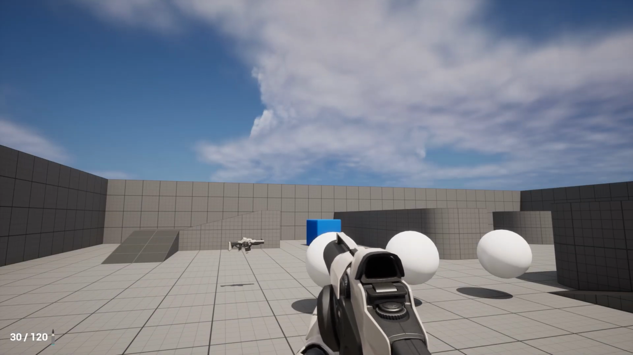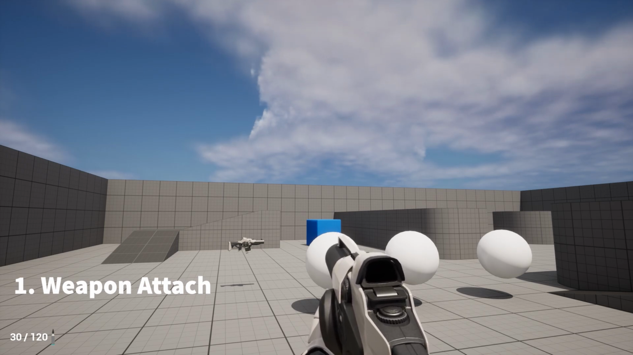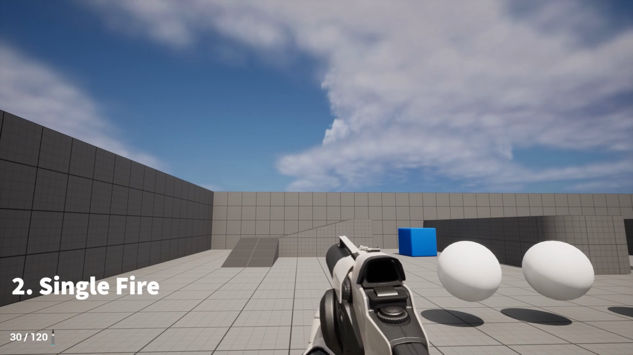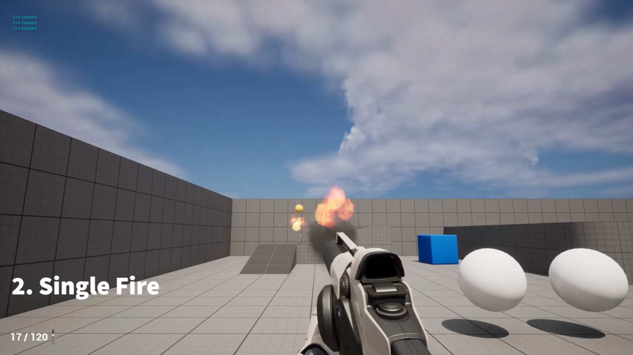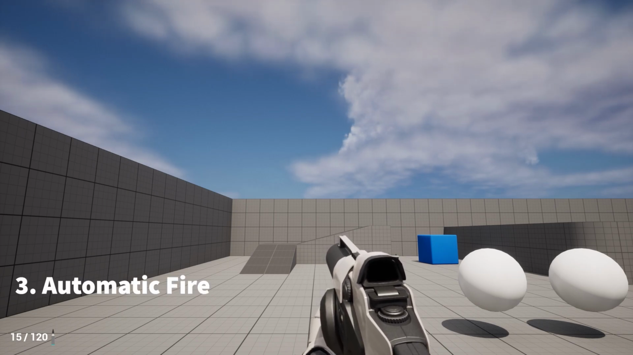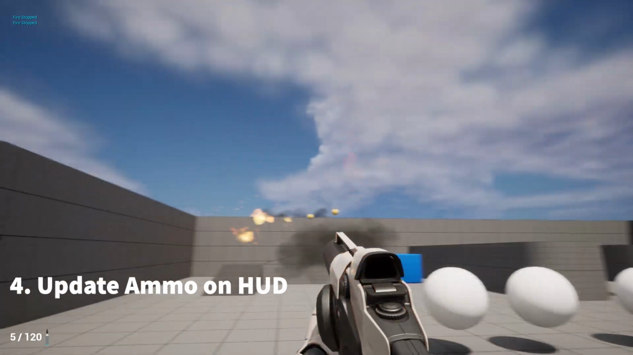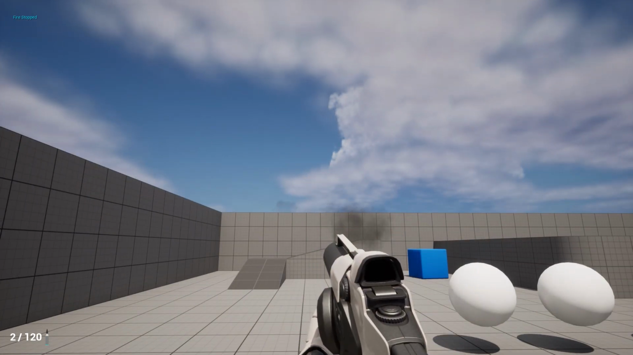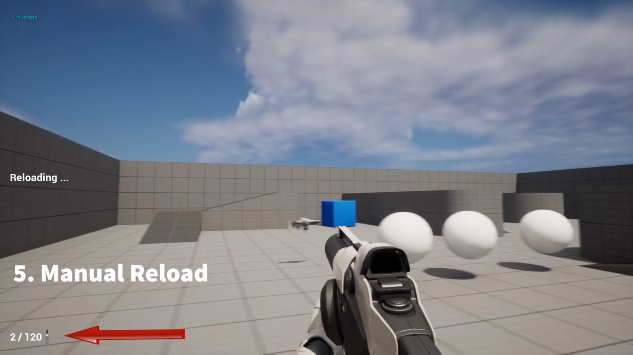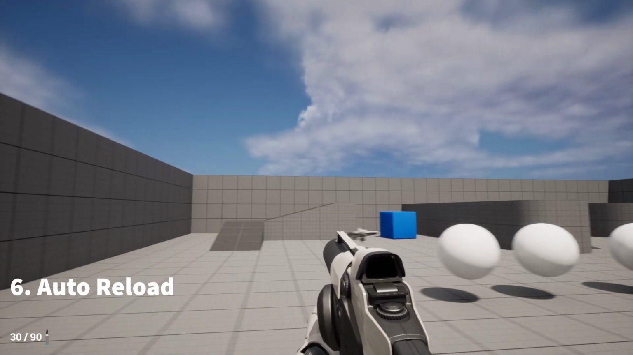By the end of this series, you're going to learn attaching the weapon to our character and starting the game with the gun in our hands, single-fire projectiles with the gun, automatic fire projectiles with the gun, update ammo on the screen, press R to reload if you have ammo, automatic reload when we spend all the ammo,